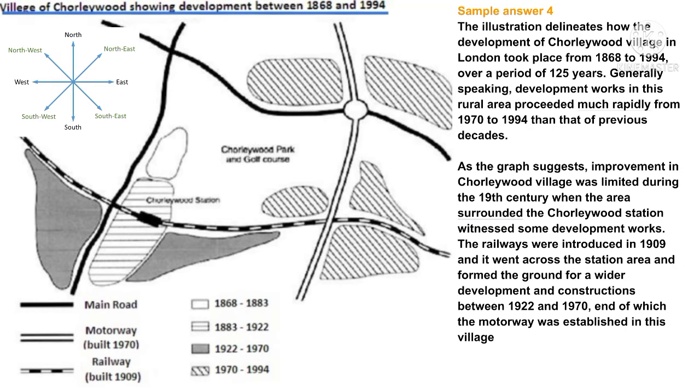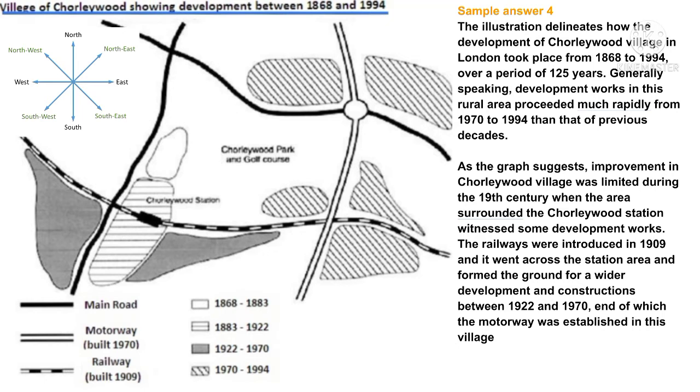Sample answer 4. The illustration delineates how the development of Chorleywood Village in London took place from 1868 to 1994, over a period of 125 years. Generally speaking, development works in this rural area proceeded much more rapidly from 1970 to 1994 than that of previous decades. As the graph suggests,